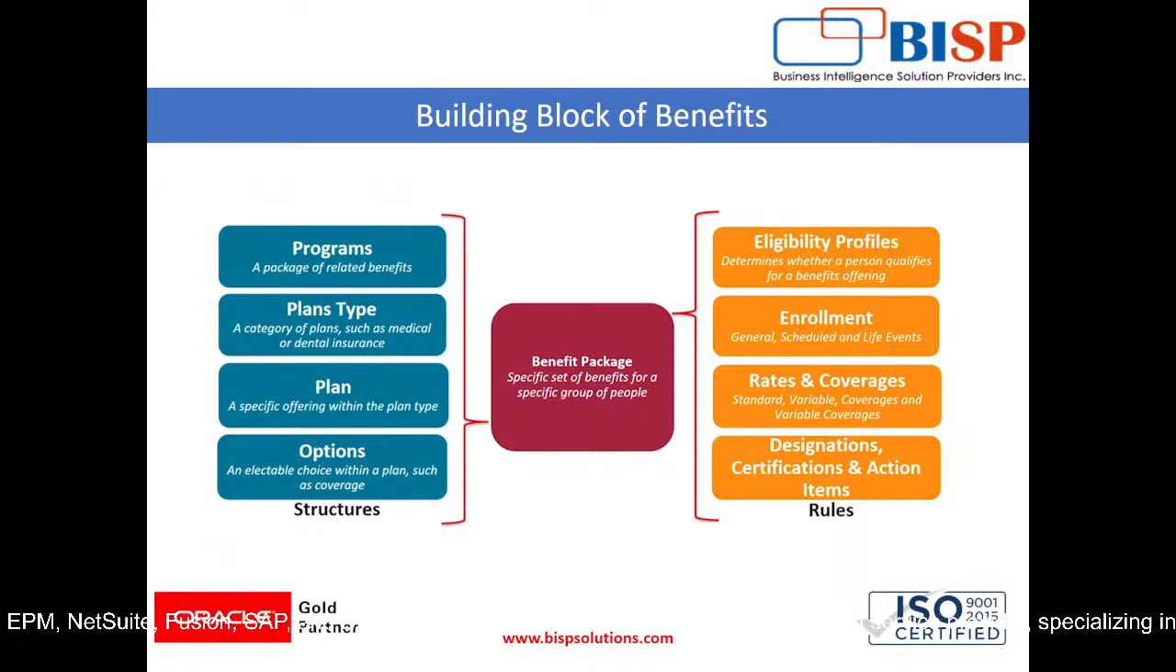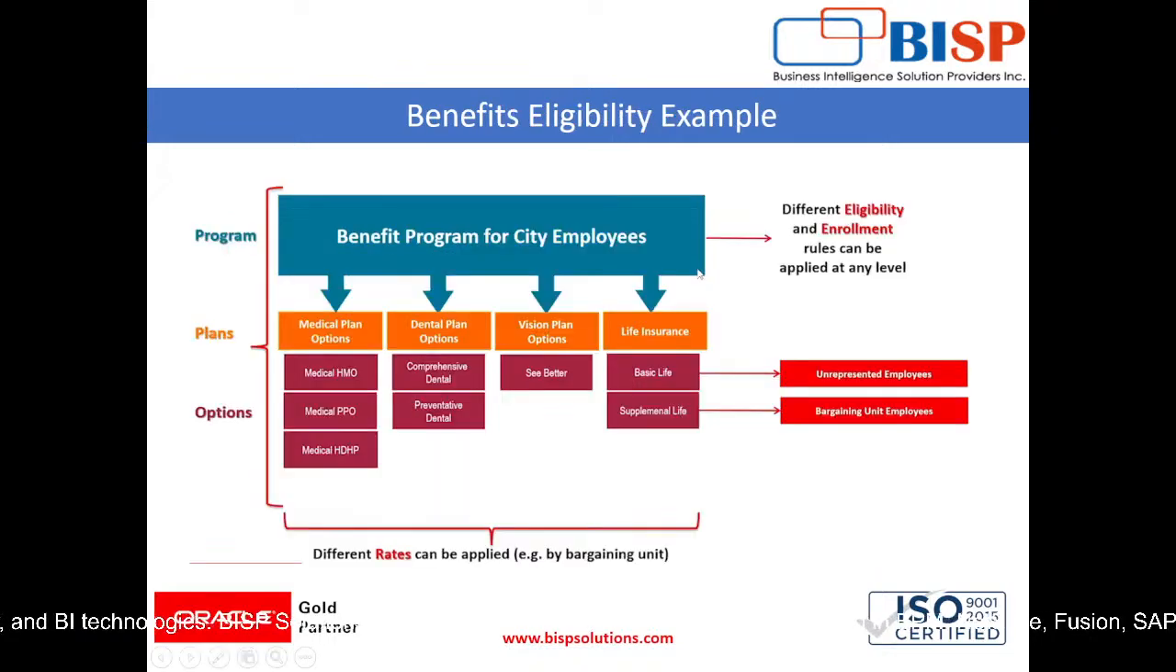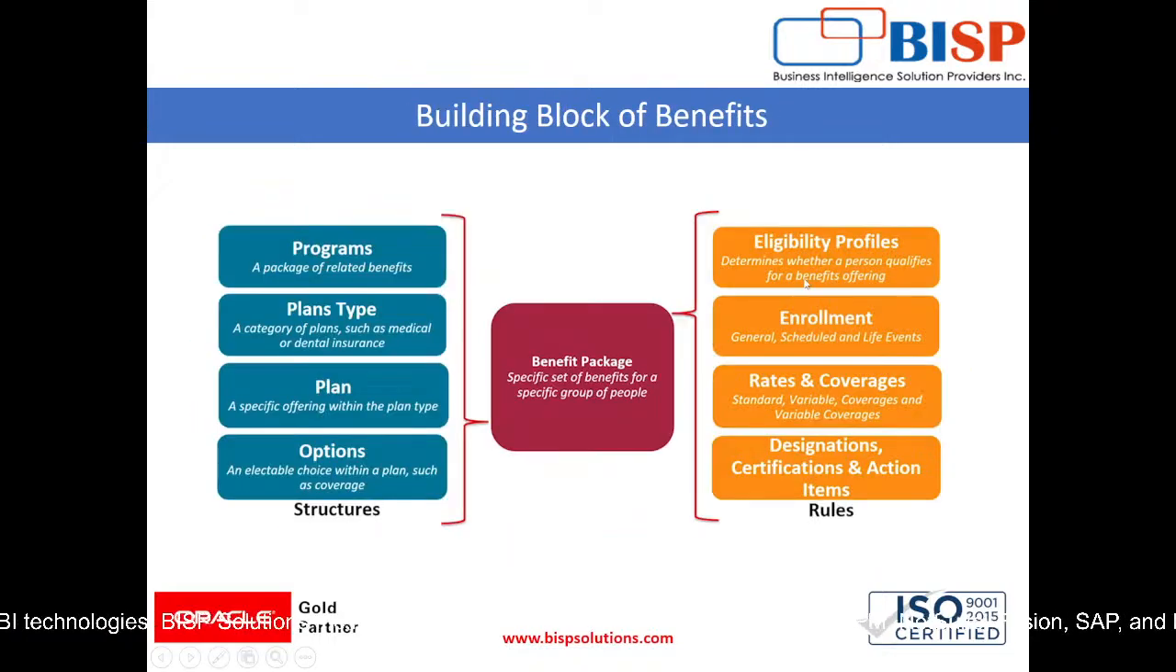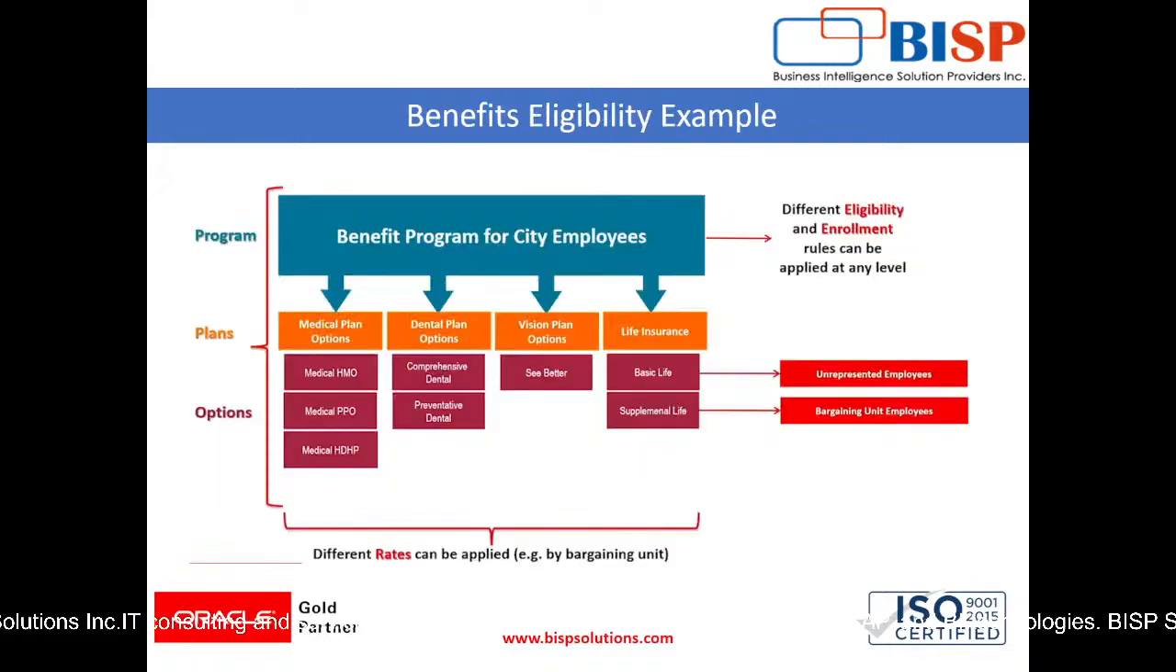Then we saw the building blocks of benefit, in which we saw how to create options and plan type, and on the right hand side, we have seen eligibility profile and rates and coverages. Okay, we also saw this